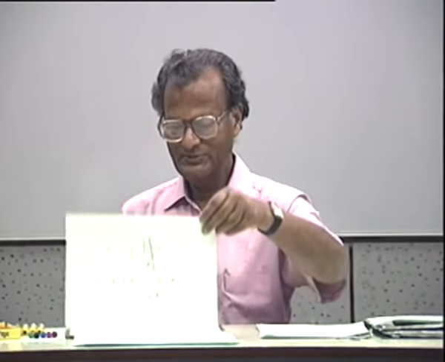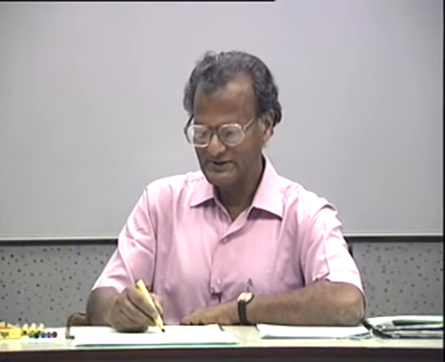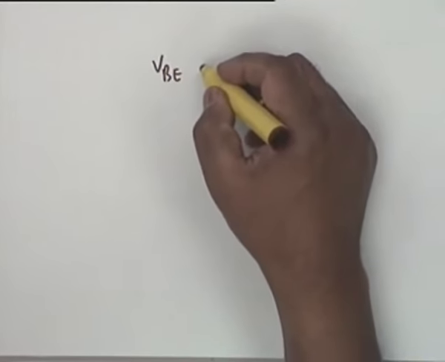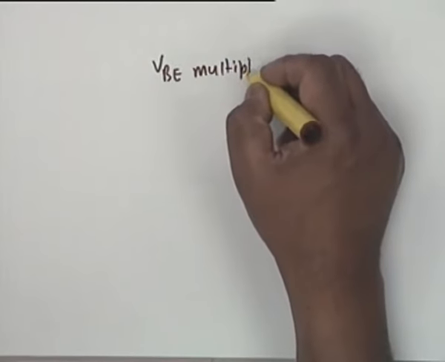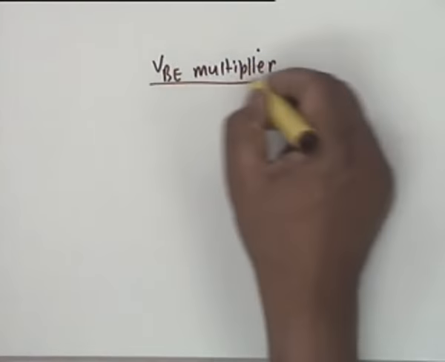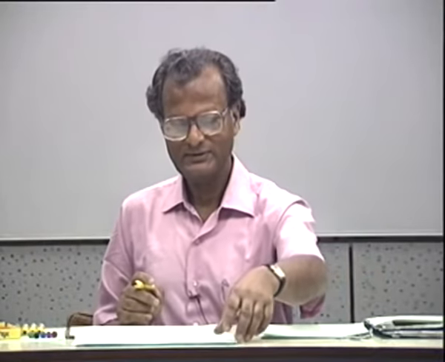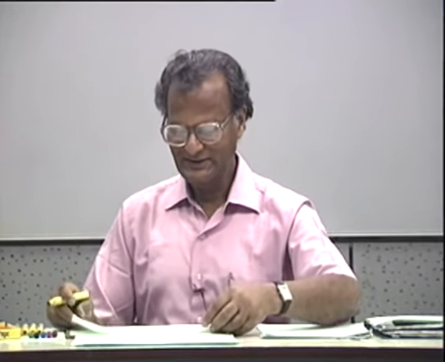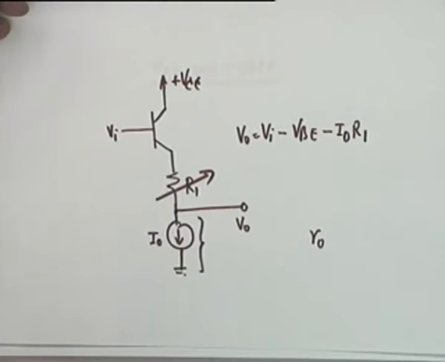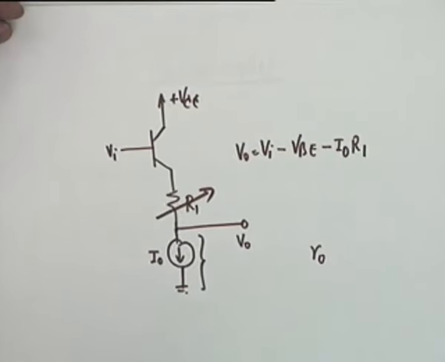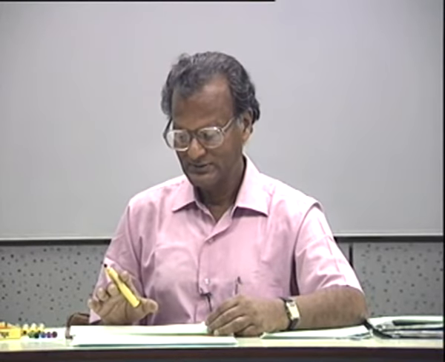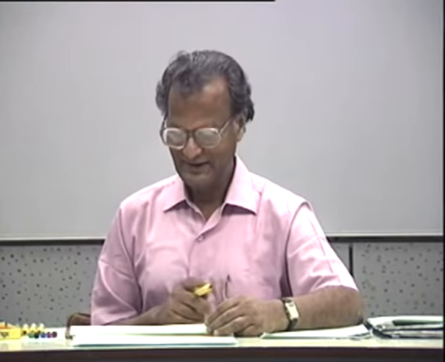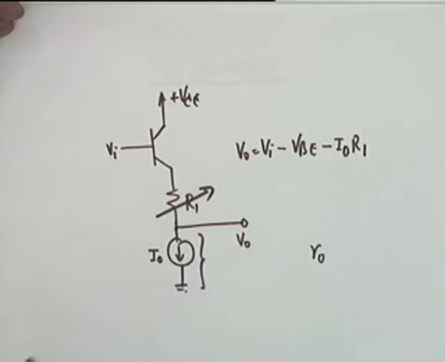Now the most sophisticated of this is what is called a VBE multiplier, a level shifter using VBE multiplier. So how do you get a variable level shifting in the circuit shown? Any of the circuits. Well, in this, for example, you vary this. Can this not cause problems as far as dissipation is concerned? Dissipation has to be kept within the limit. Of course, I0 squared R1 will be the dissipation here. This has to be kept within the limit.